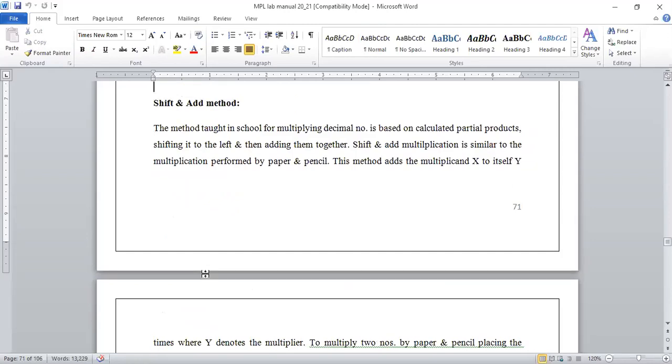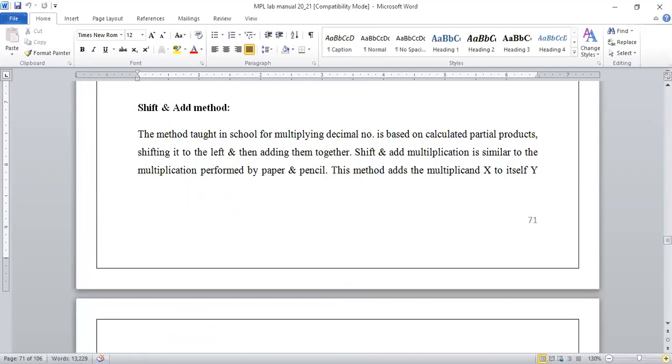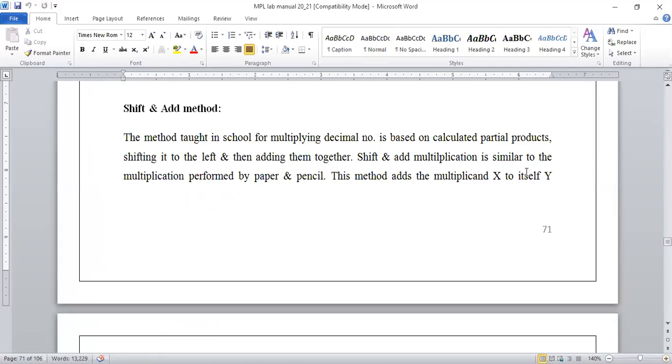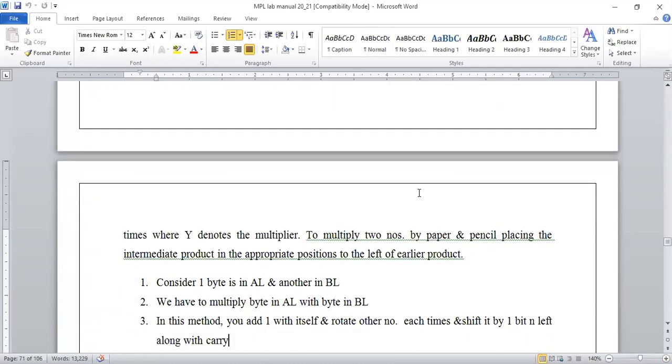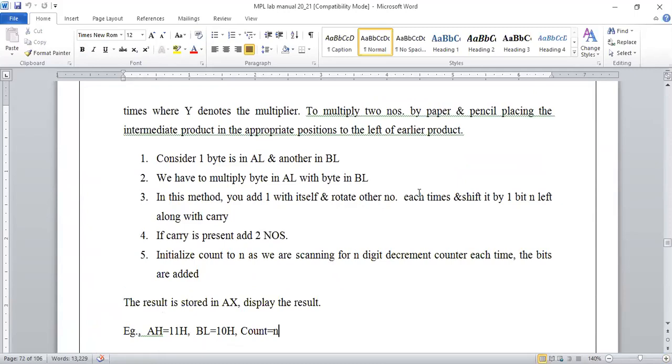We will discuss the shift and add method. As I told, for successive addition you already know the logic, as it is like your normal mathematical operation. But for the shift and add method, we are supposed to have a specific logic. So what is this logic? We'll discuss that directly. That is what the theory part covers.